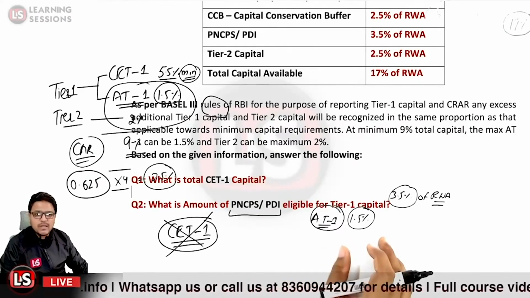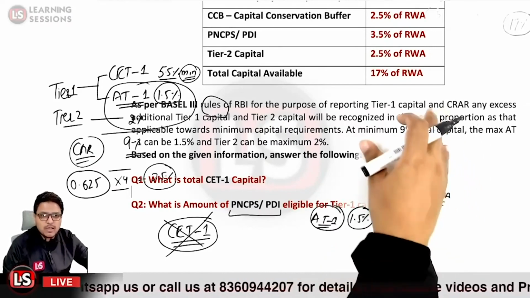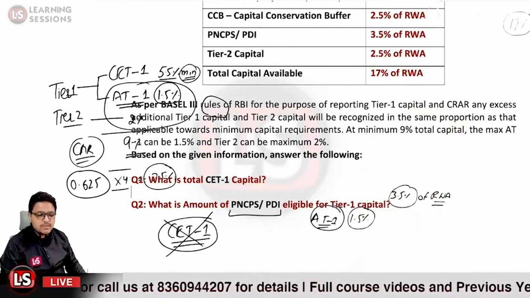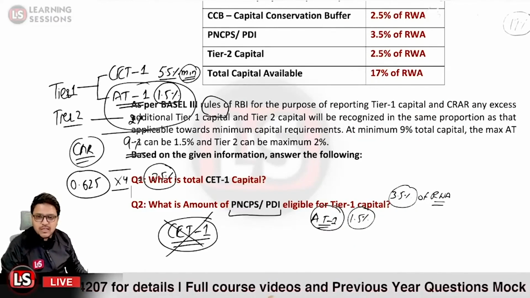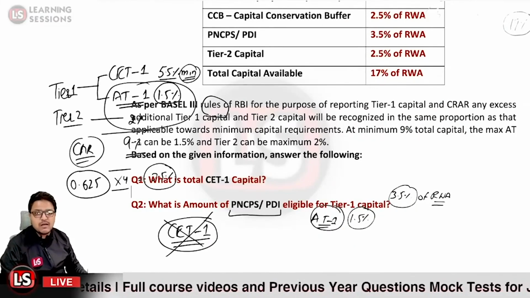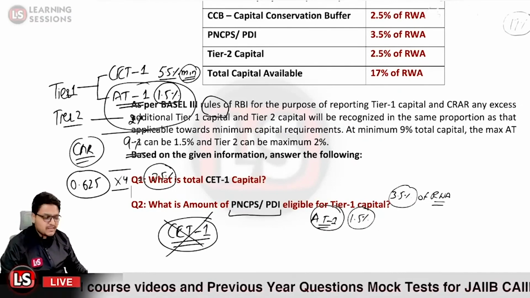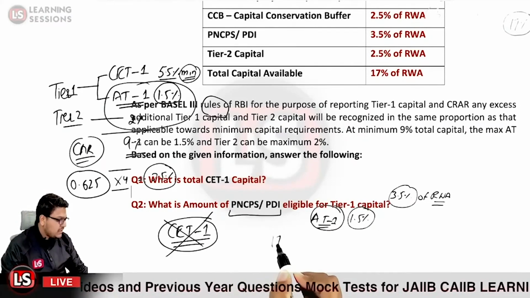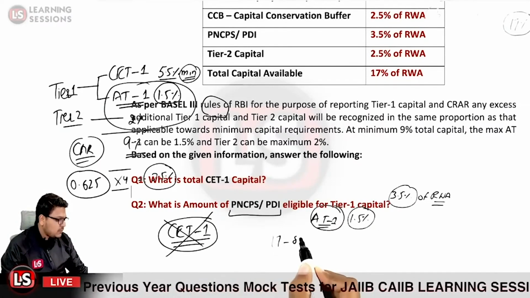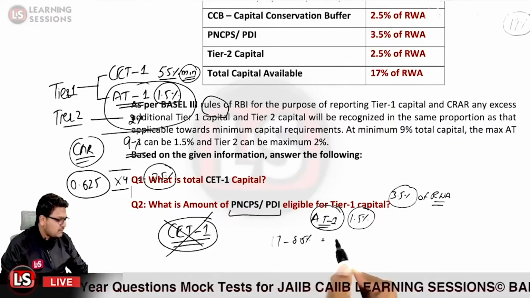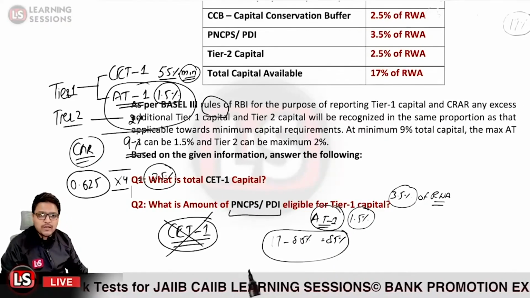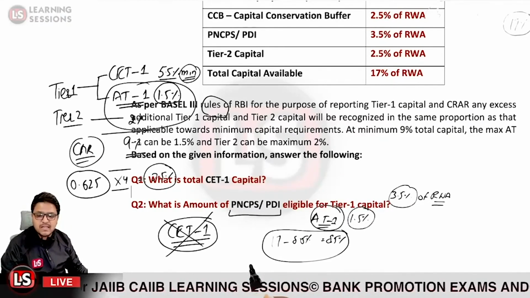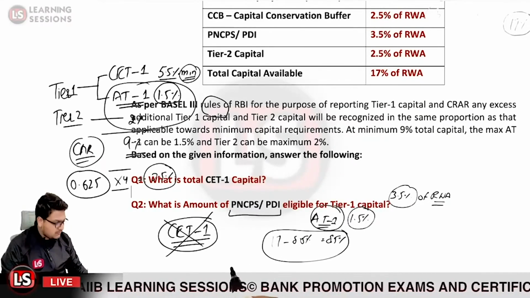That will be related to the additional Tier 1. The total capital given over here is 17%, and the CET1 is given to be 8.5%. So we need to calculate the additional Tier 1 from the other capital which is available. So we will consider 17% minus 8.5%, and that will be 8.5%. And further we can calculate the composition of the PNCPS eligible for the Tier 1 capital as 1.5,